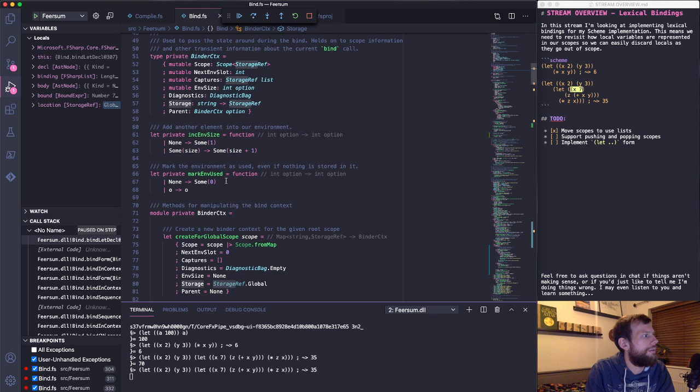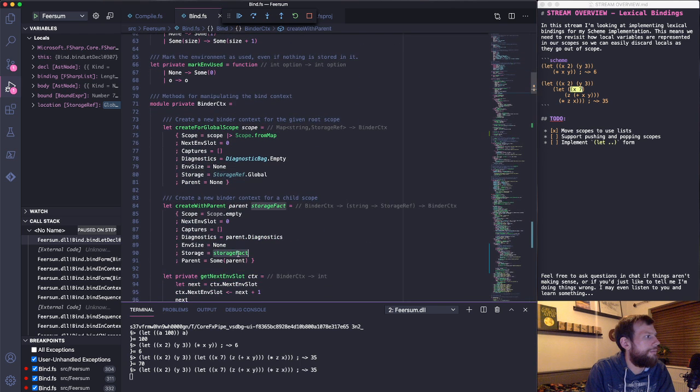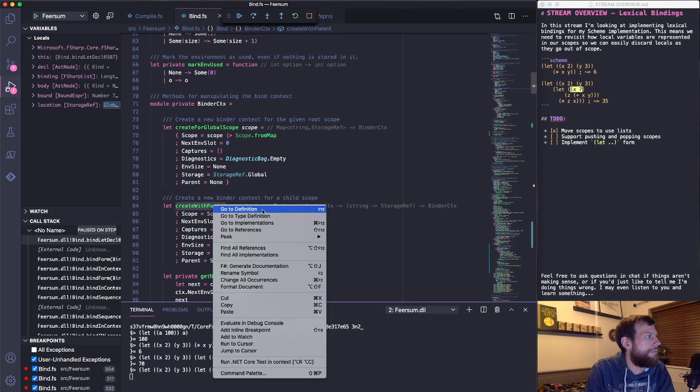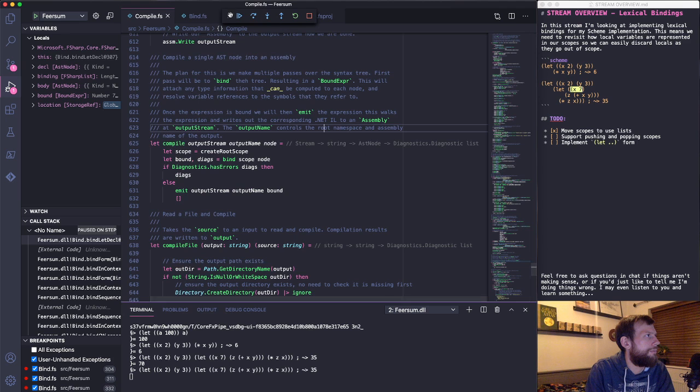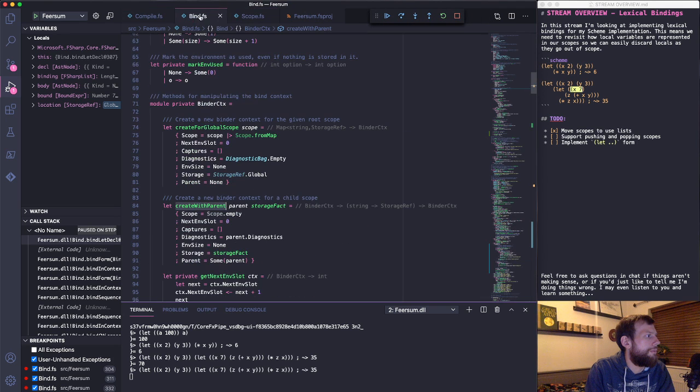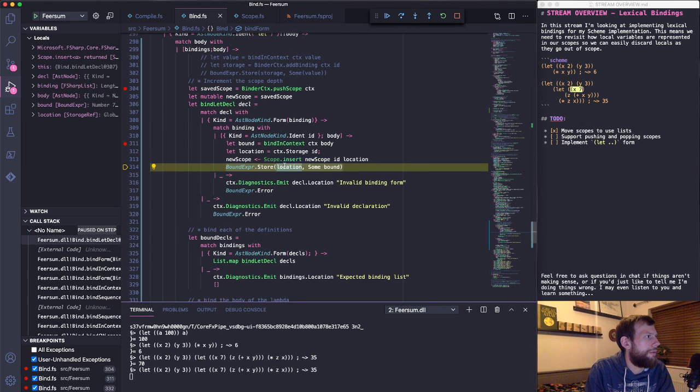So we're going to store... so the scope stuff's all working correctly, but we're working with